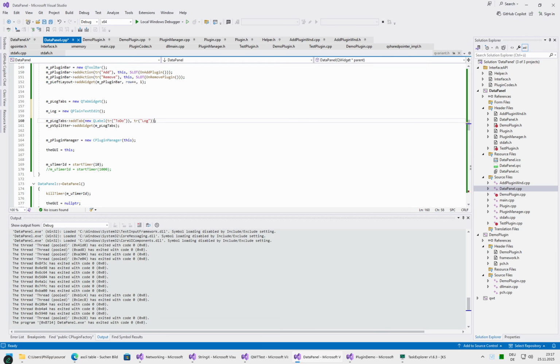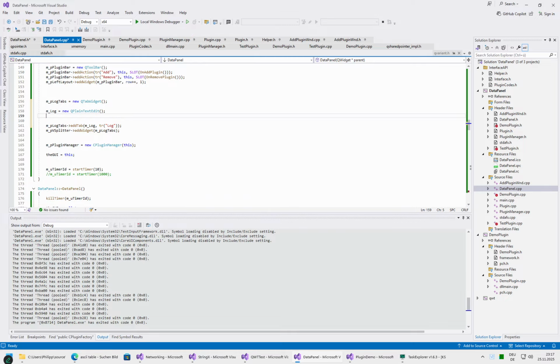We have a new log which will enter here instead of the label. We will do a few things, so we'll set it read only. Set read only true,